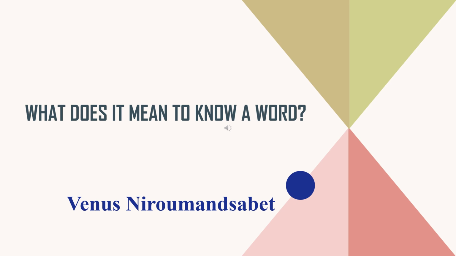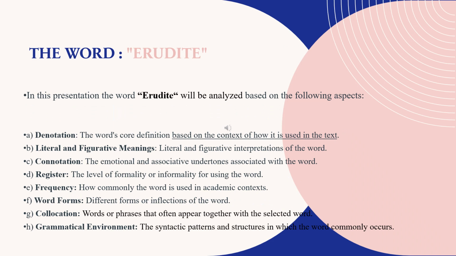Today we will be diving into the concept of the word erudite using the 8 C's method. But before we begin, I'd like to explain these C's briefly. In this presentation, the word erudite will be analyzed based on 8 C's. First C is denotation, which is a word's core definition based on the context in which it is used in